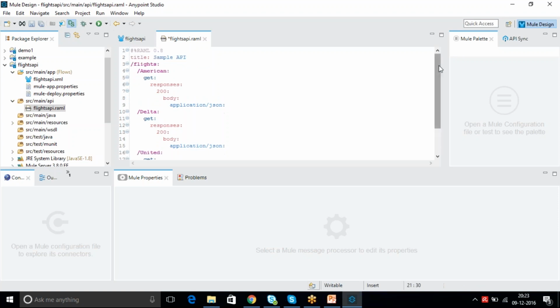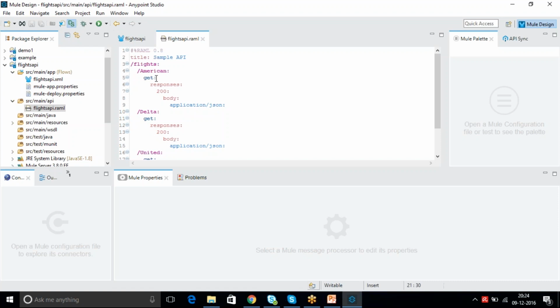Okay, we will add on top of this later, but for now to design the API to start API, this is enough. So our expectation is done. We need 3 resources: American, Delta, United under the flights resource, and each and every resource I'm expecting a get operation to get the data from the different backend systems.